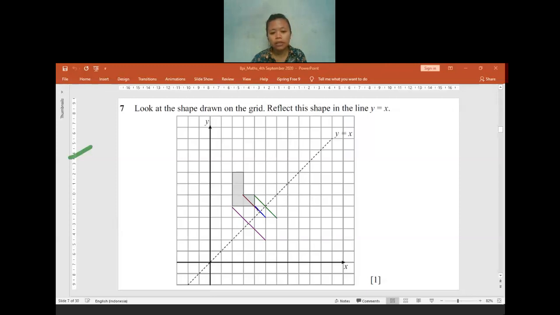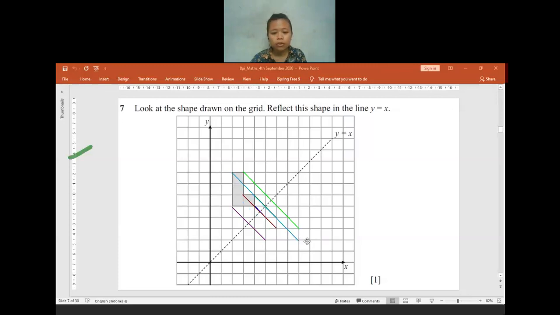For this place it is 1.5, so I go 1.5 and stop at this place. For the other one, this green one, it is 2.5, so I go 2.5 again and stop at this place. For the last point, we go 3 boxes, so I go 3 boxes diagonally. After I'm done, I just connect all of the end points that I already have.